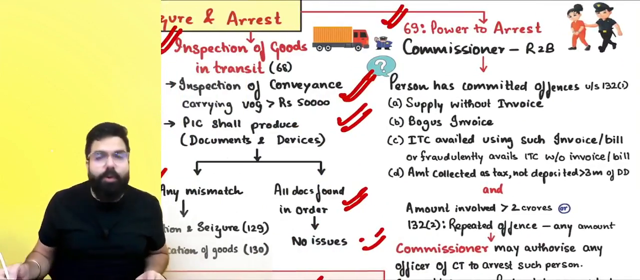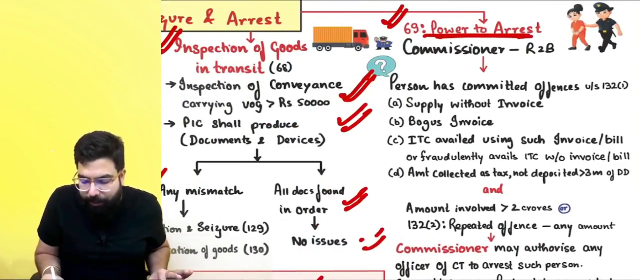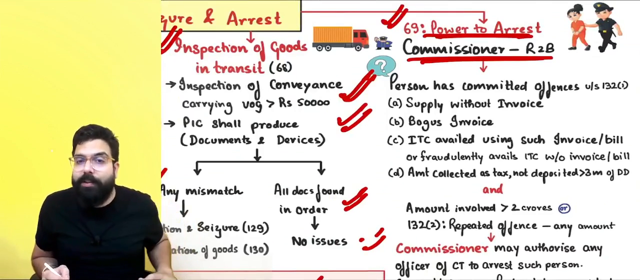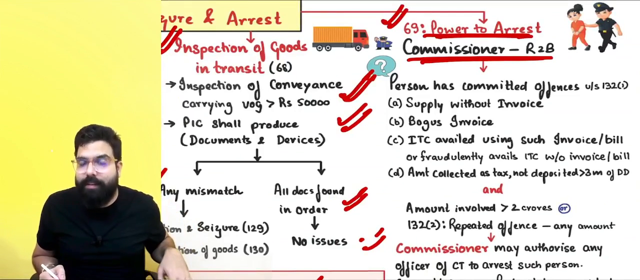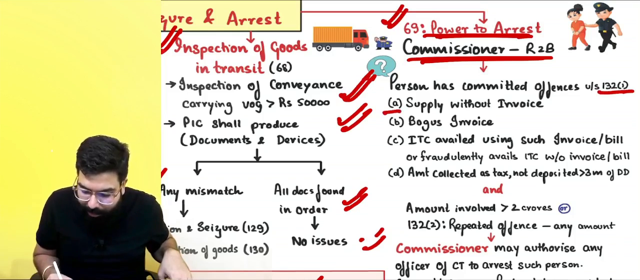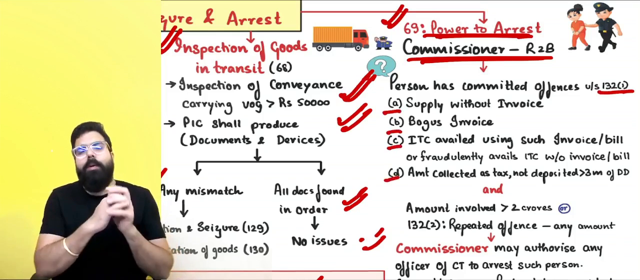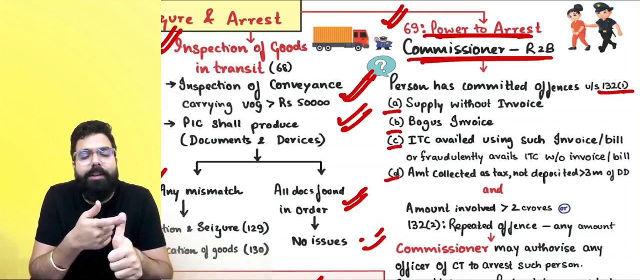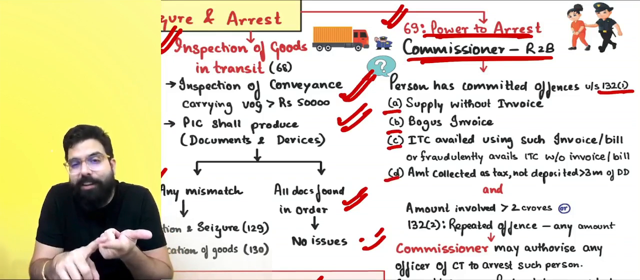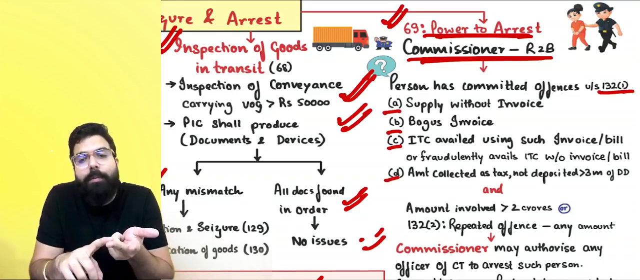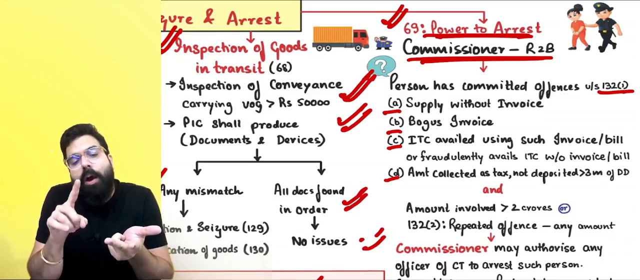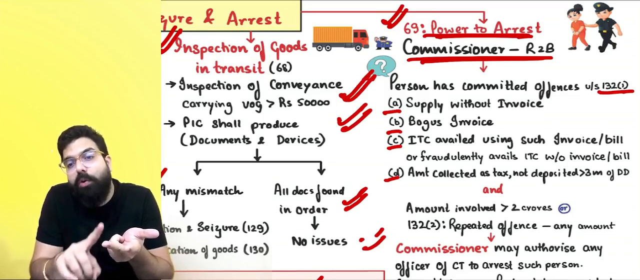Section number 69 talks about power to arrest. If the Commissioner has reason to believe that a person has committed an offence under section 132(1)(a), (b), (c), (d). What is section 132(1)(a) talking about? Supply without invoice. Section 132(1)(b) is talking about bogus invoice. (c) talks about ITC on the basis of a bogus invoice, or if you have fraudulently taken ITC